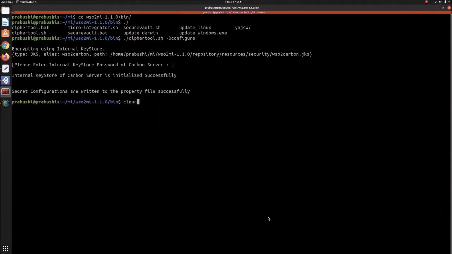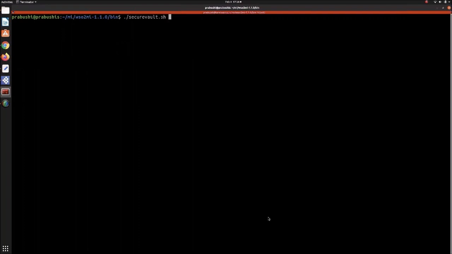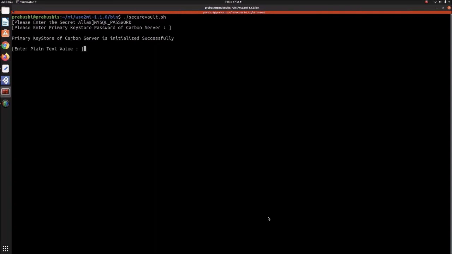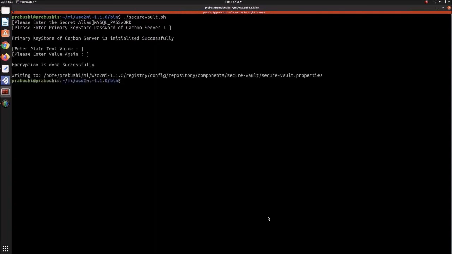Once it is configured, we can encrypt our password. Let's give the secret alias, then let's give the password, and you can see the secret alias along with the encrypted password has been added to the Secure Vault properties file.